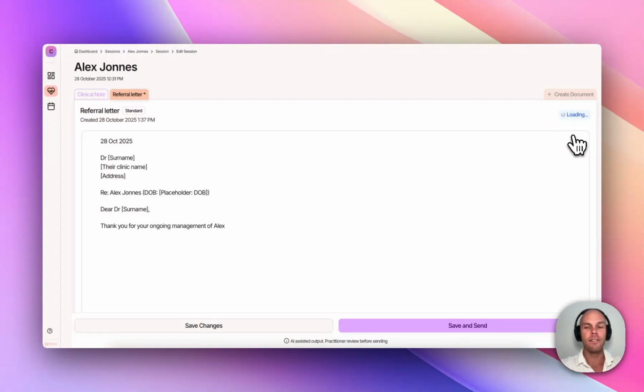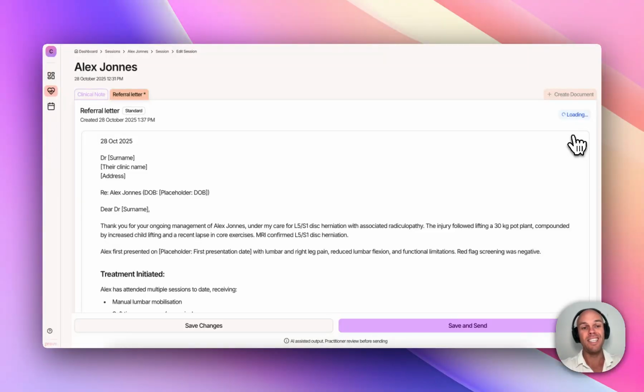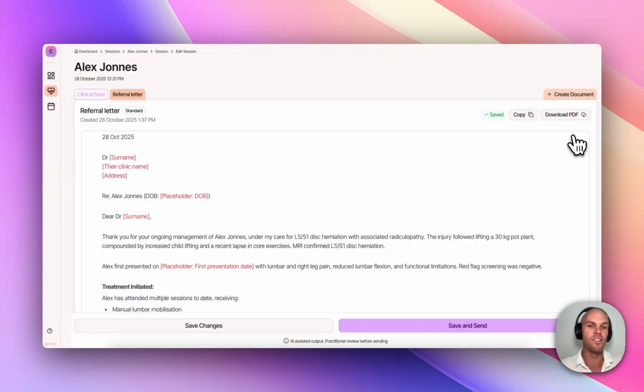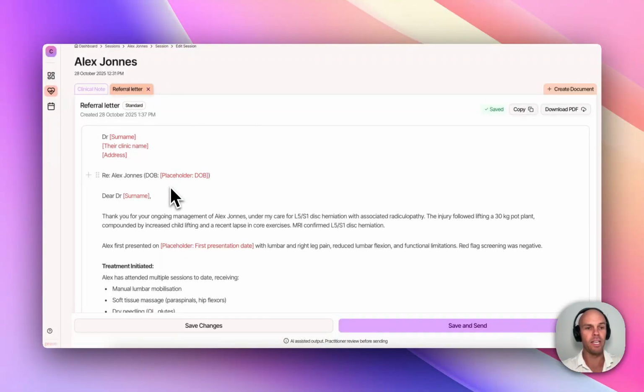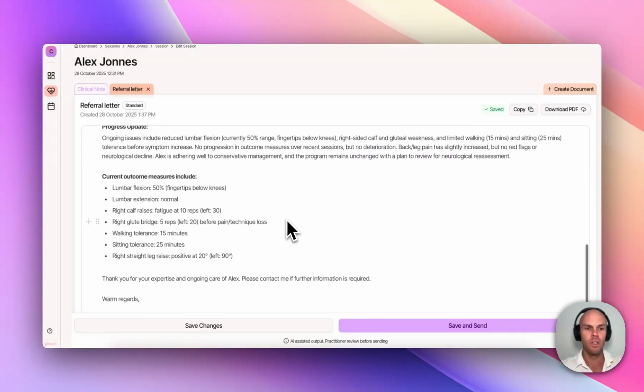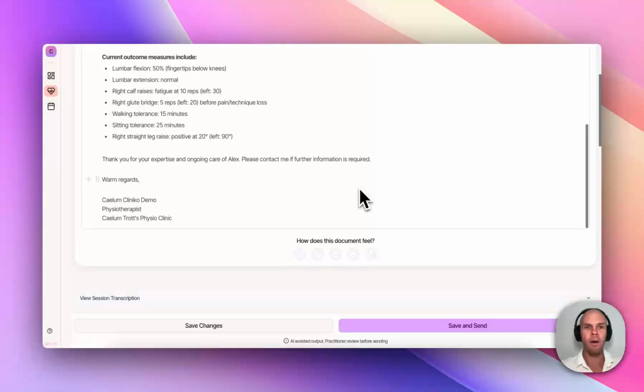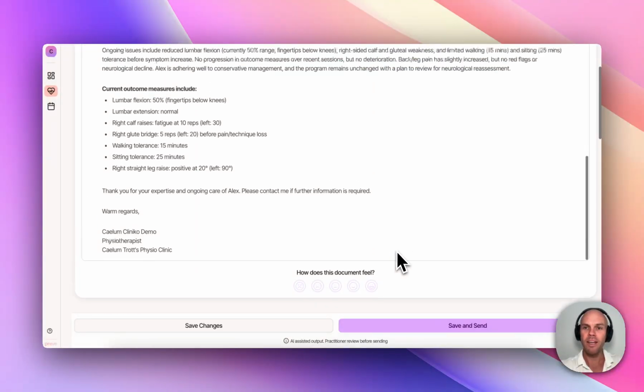As that generates, it will generate not only on today's consultation, but based on context from all of the relevant sessions that you've had with your patient across time, which is really important. Any unknown content, such as the doctor's name, their address, or if you don't have the date of birth of the patient set up in the system, these will be listed as red, meaning that you have to update them before finishing the letter. Once you've reviewed and you're happy with the output, give it some feedback, and then you